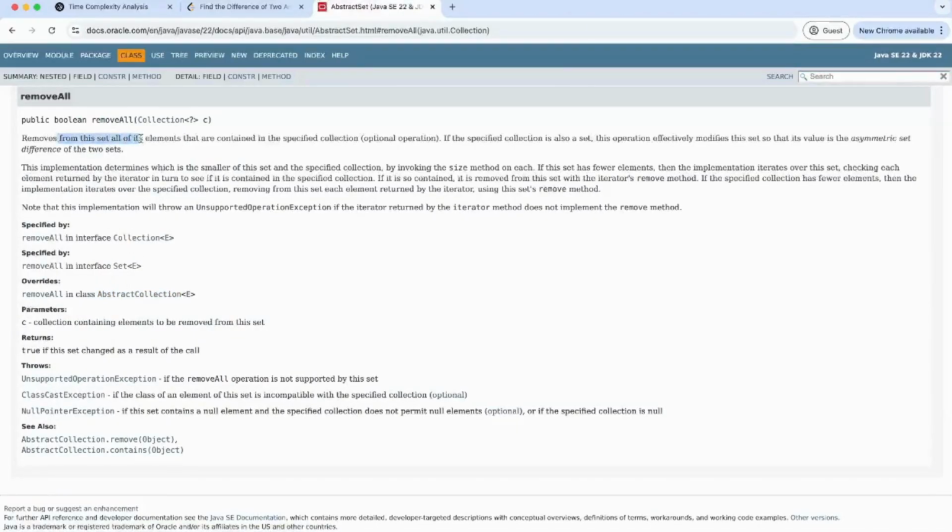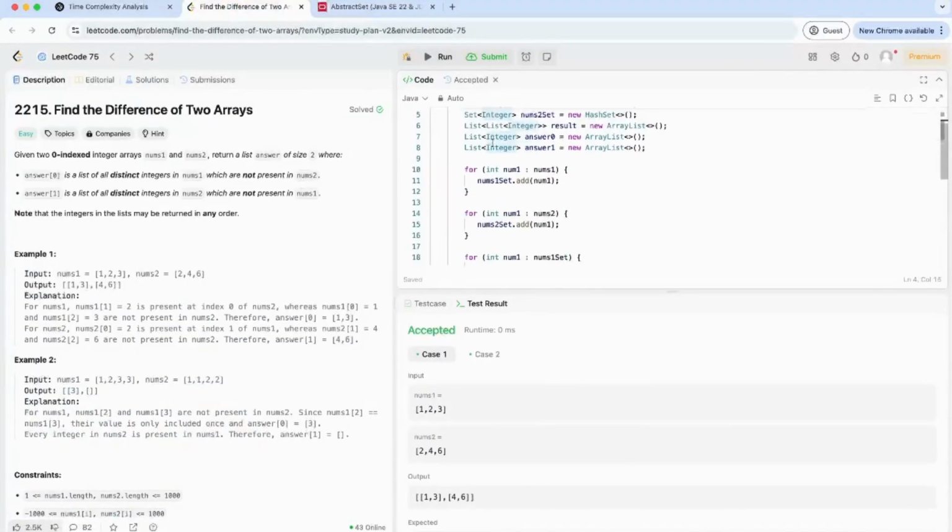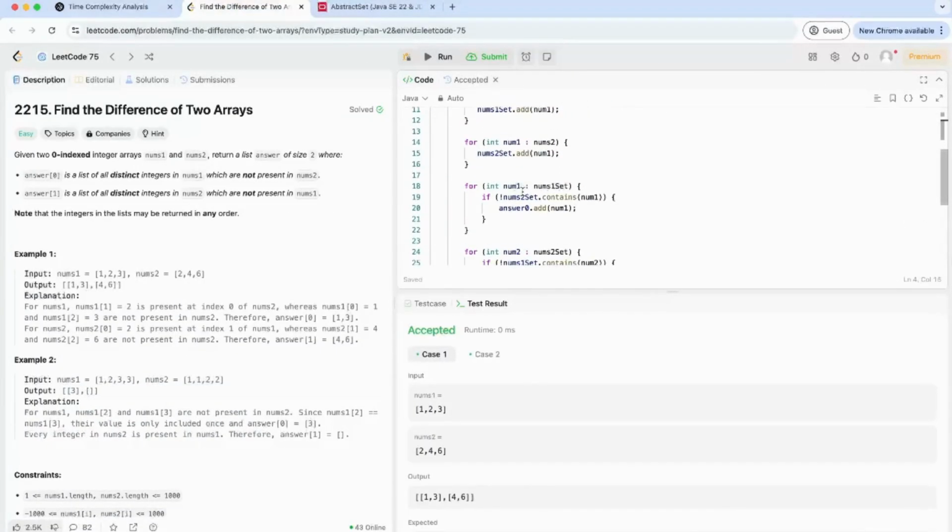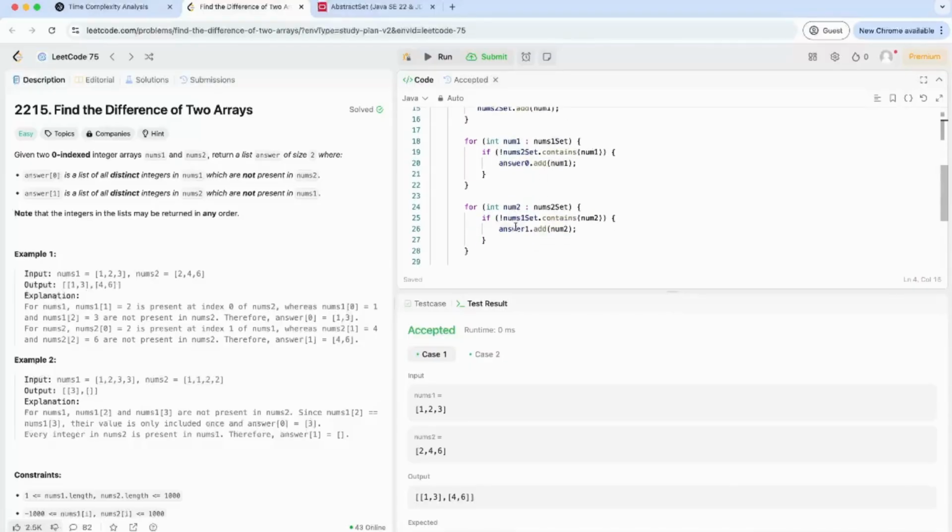So it removes from this set all of its elements that are contained in the specified collection. If it is also a set, it effectively modifies this set so that the value is the asymmetric set difference of the two sets. So basically what that means is it will remove all the elements which are there in both. So that is a good thing to know. So instead of all this for loop,